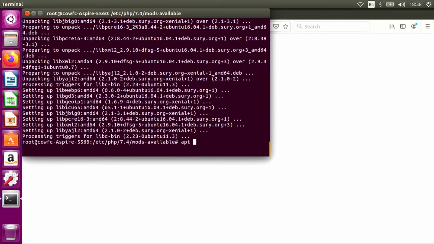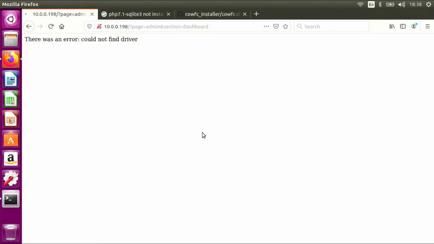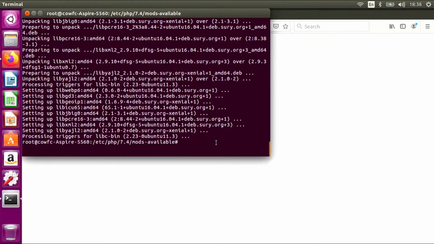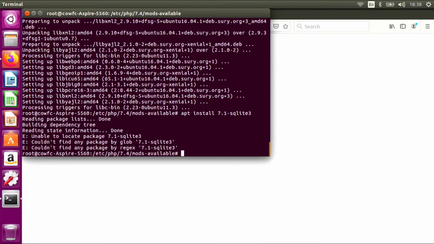Okay. So with the apt upgrade done, it doesn't work. If we try again, 7.1-sqlite3. It's because I'm missing a PHP 7.1 repo, aren't I? Like add-apt-repository